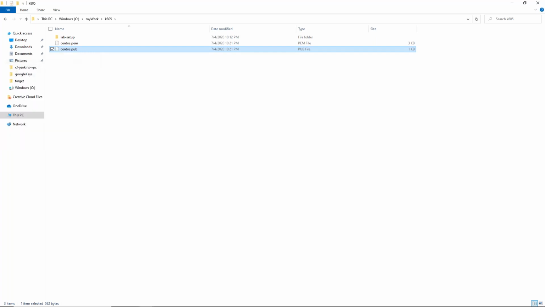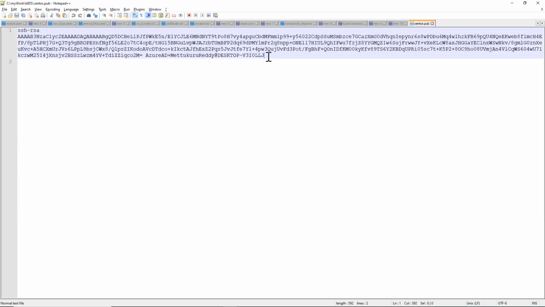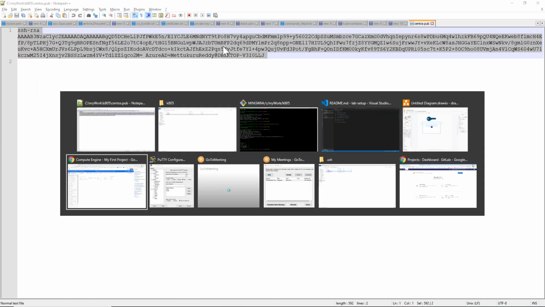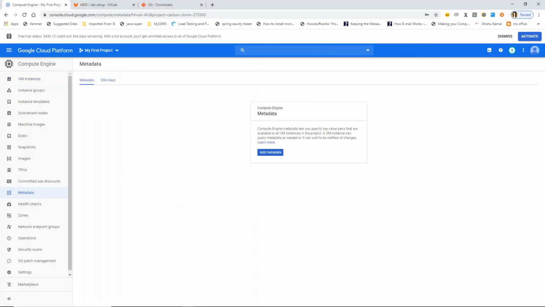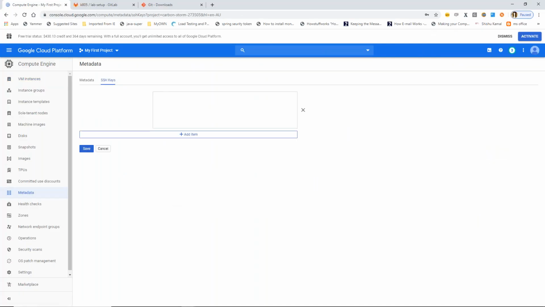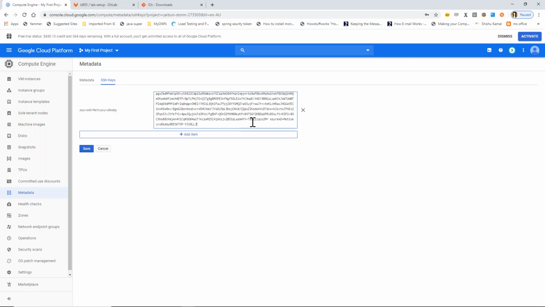Now this public key, I'm going to upload into Google Cloud. Under metadata and then SSH keys, add SSH keys, without any new lines. This is the key, and at the last part, by default it will take your computer name. You just remove your computer name and give one username. I'm giving the username as CentOS.